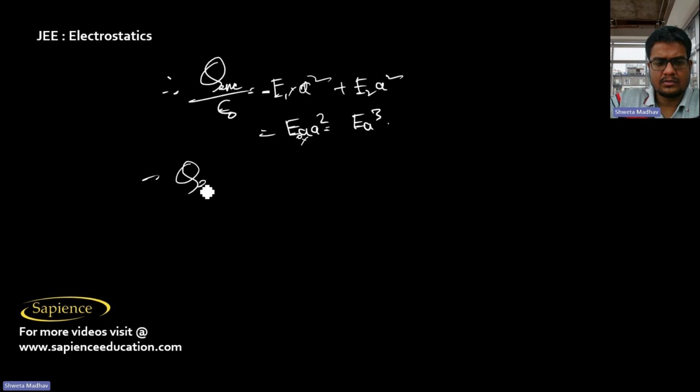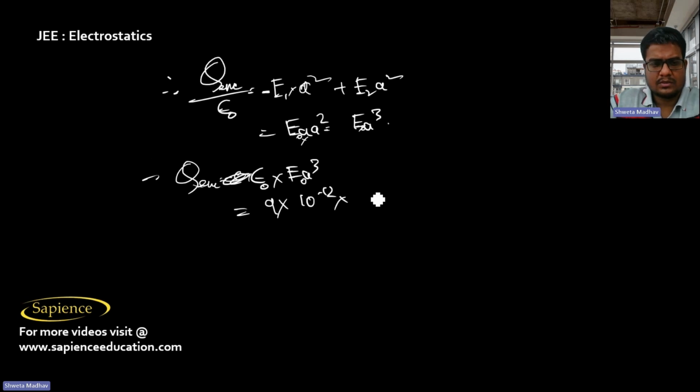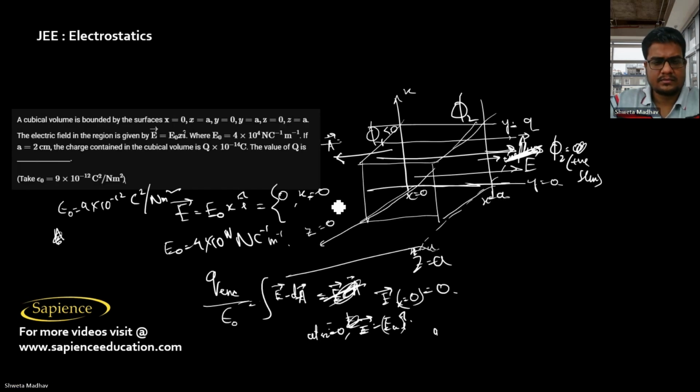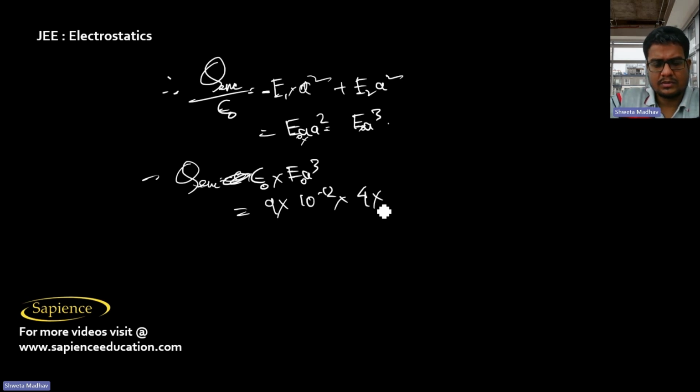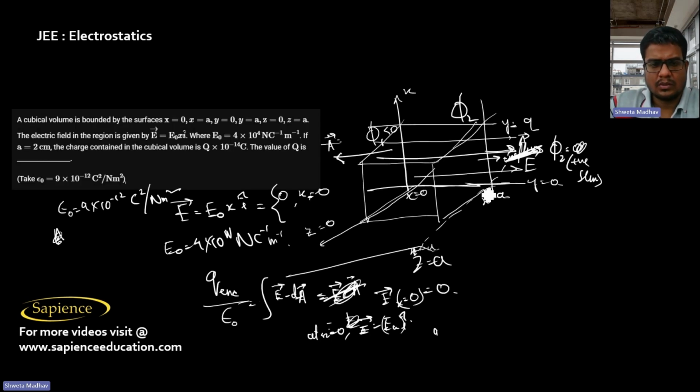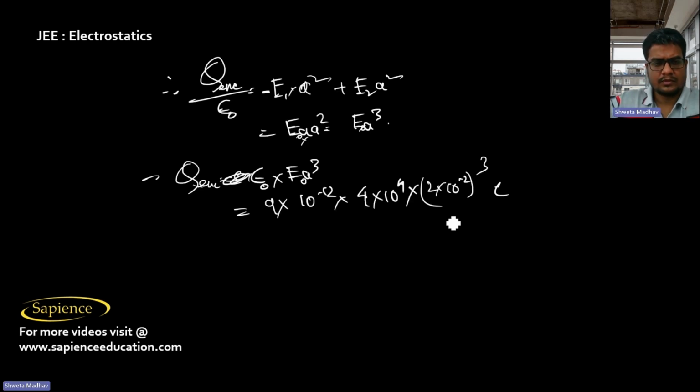And similarly, Q enclosed will be equal to epsilon naught times E naught A cube. So epsilon naught, that is 9 into 10 power minus 12, into E naught, 4 into 10 power 4, and A, that is 2 centimeters, so 2 into 10 power minus 2 meter, to the power 3. So this much coulomb we have to find out, which is equal to